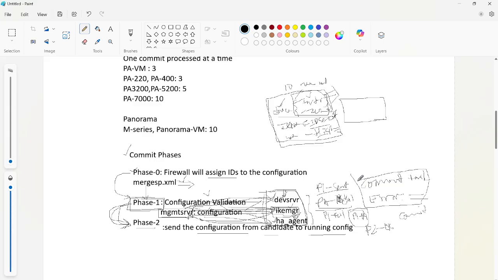Okay, got it. It shows what configuration failed. It will show in the error, for example that the policy is mismatching or your IPsec configuration is wrong. It will show in the error.